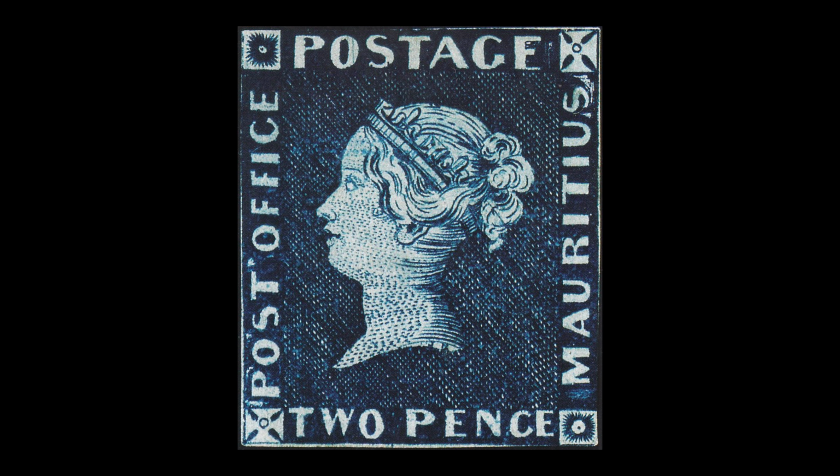There's a whole series of them in the early days of Mauritius, but the first post office Mauritius classic was the first stamp of the British Empire, and they're doing their best, bless them, in lonely old Mauritius to copy the great stamps of the home country of Great Britain. And as you can see, they fell short a little. They didn't have the engine turning technology or the world's greatest engravers on the island. In fact, the chap who engraved the first stamp of Mauritius was called Barnard, and he was a stowaway who'd landed on Mauritius many years before, and he